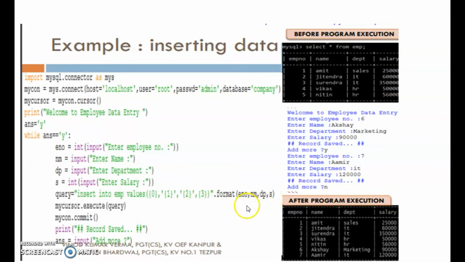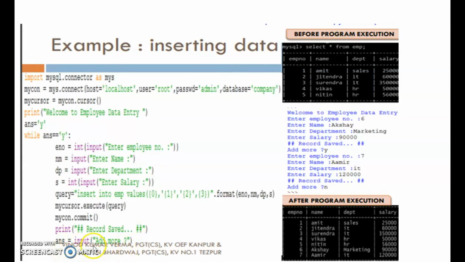So this is a tuple. In this tuple, whatever order you give here, the same order will be followed here, that is 0, 1, 2, 3. Then mycursor.execute(query). After executing this query, you write mycon.commit. Then print record saved.